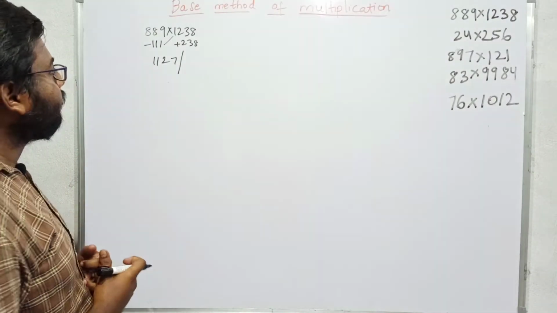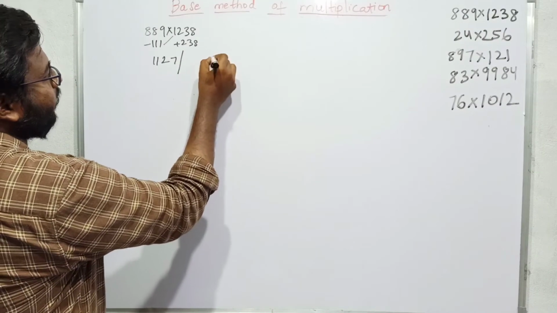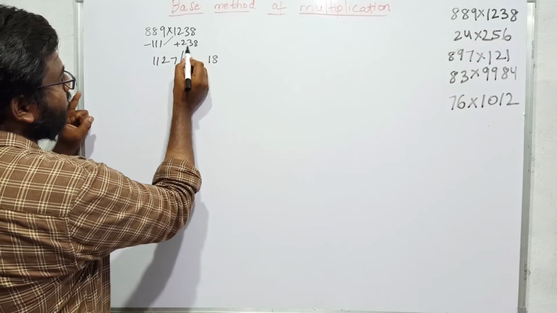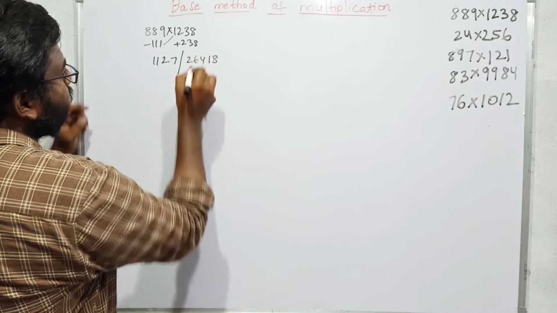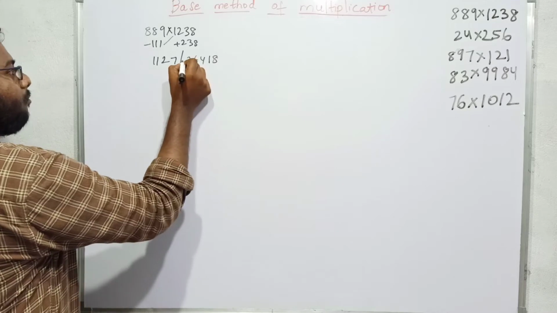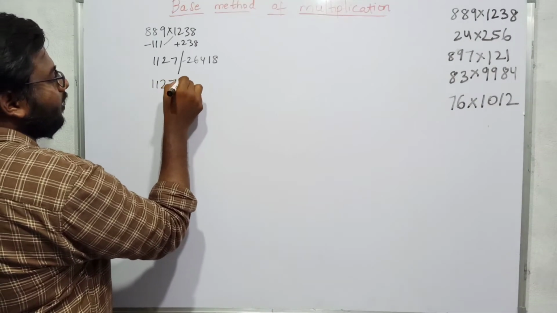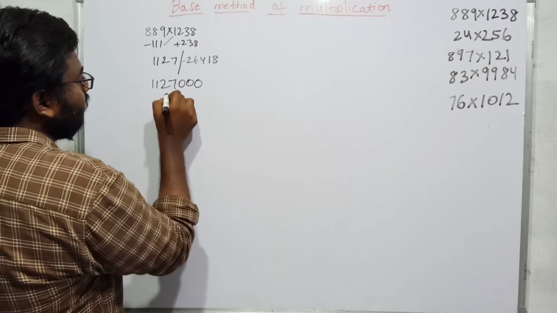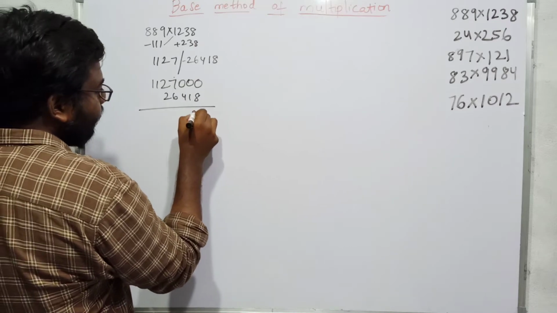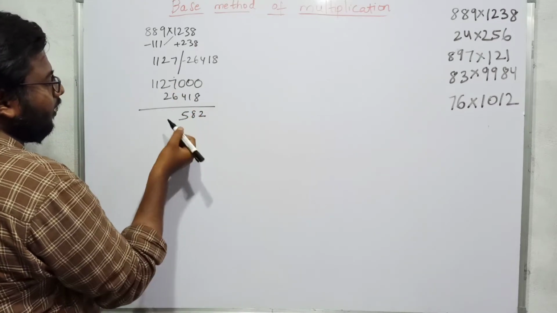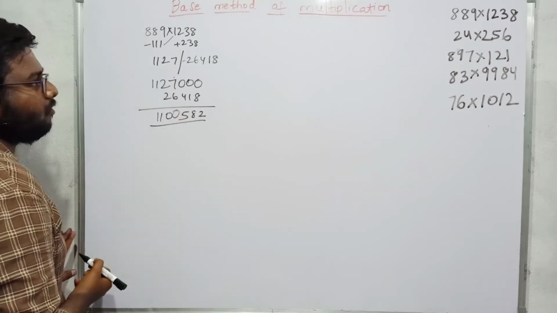If you watched the previous video, then you will be comfortable in calculating these numbers. This is 8 plus 3 is 1, 8 plus 3 plus 2. This is 13 plus 1 is 14, 4, 3 plus 2 is 5, 6, 2, 26418, with a minus symbol. This is calculated based on the decimal number 1000. I have to subtract this. This will be 82. This is 5, and 6 minus 6 is 0. This is 1100582. This is the result.